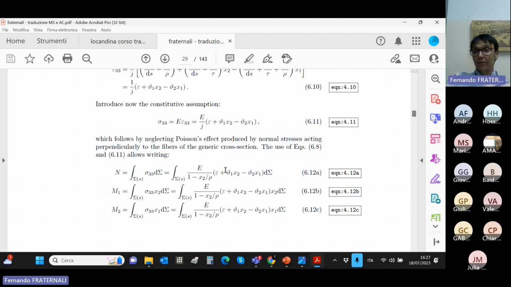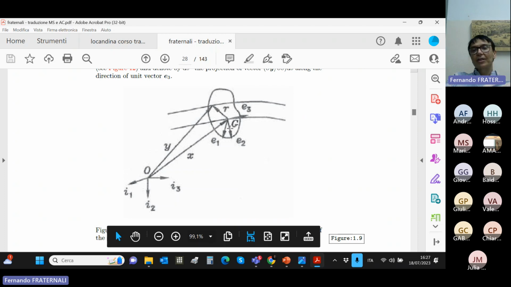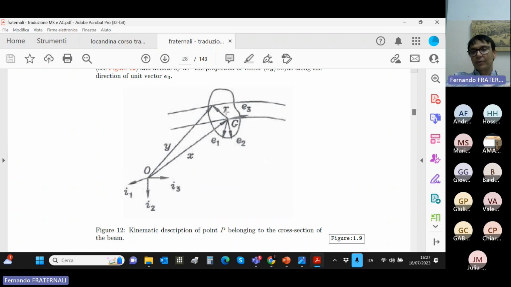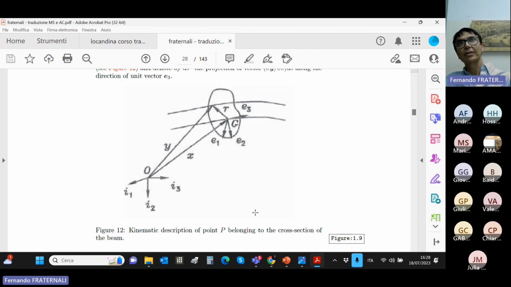What is x2 over rho? x2 is the coordinate in the plane, the component of r along the E2 axis, and x1 is the component of r along the E1 axis. And rho is the radius of curvature of this line. So x2 over rho can be taken as 0 when the center of curvature is